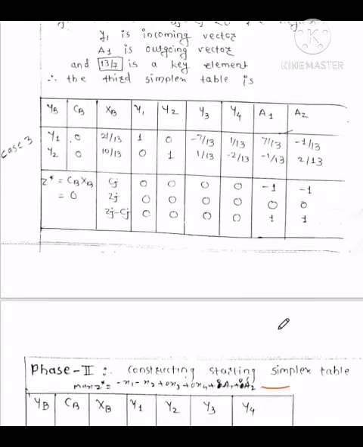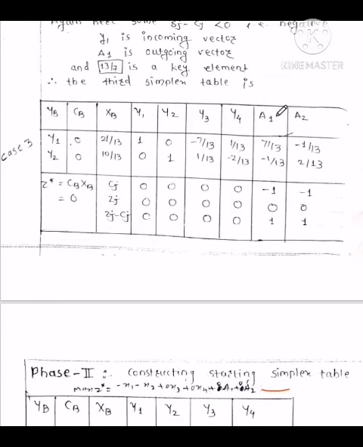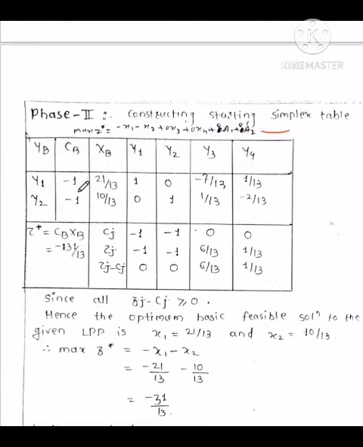Here we have to remove artificial variables a1 a2. If you remove artificial variables a1 a2 and the other elements are as they are, these elements will remain as they are. Okay, the only changes are c1 c2 and cj and zj, so the corresponding zj minus cj will change here. So c1 means minus 1, c2 means minus 1, a1 a2 cancelled.